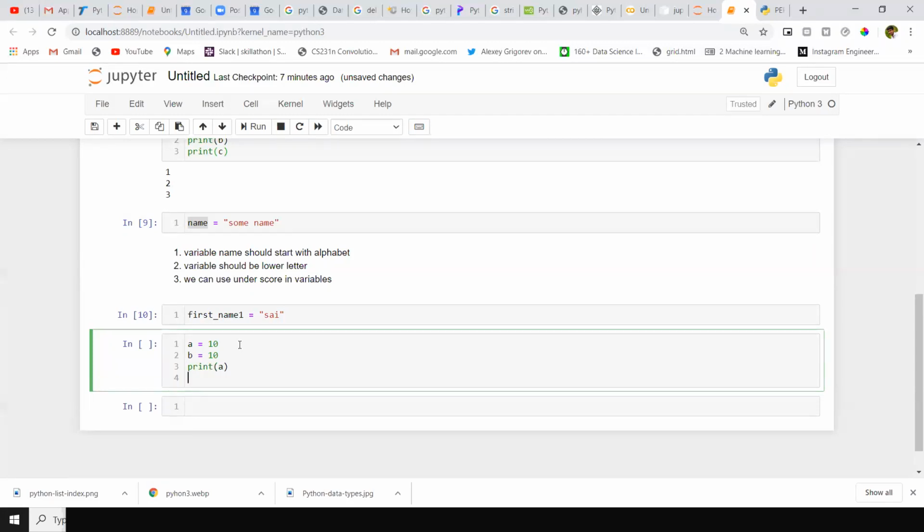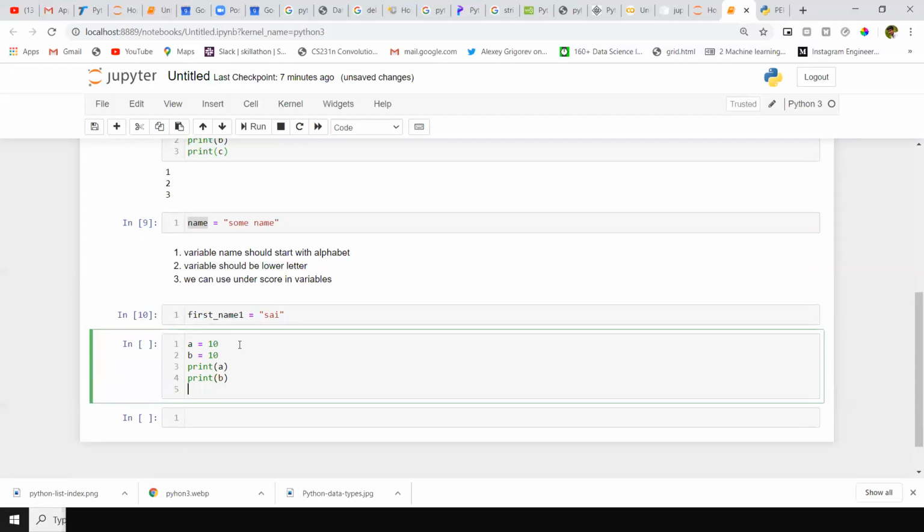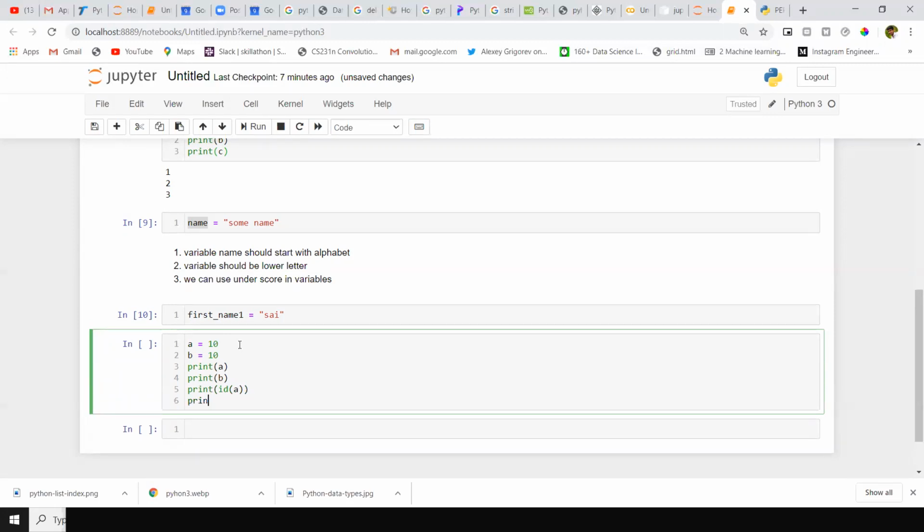Print A, print B. Here I am using one function. Its name is id. What it will do is, we pass some variable here and we will get the ID of that variable. Just a minute, you will get clarity on what I am telling here.